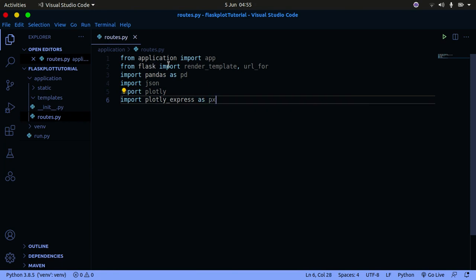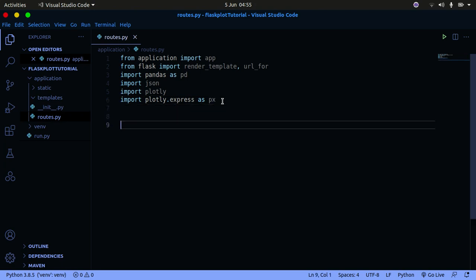This is actually plotly.express. Okay, not plotly express. So plotly.express, you're going to import it as px. So great, so now that we have that there, let's simply go ahead and actually create our